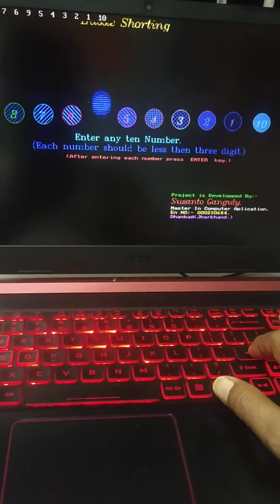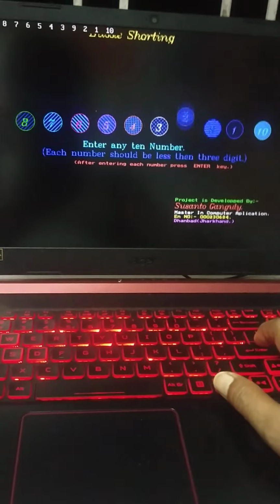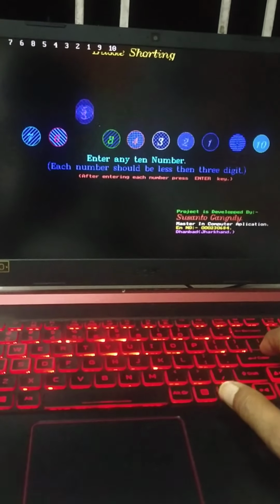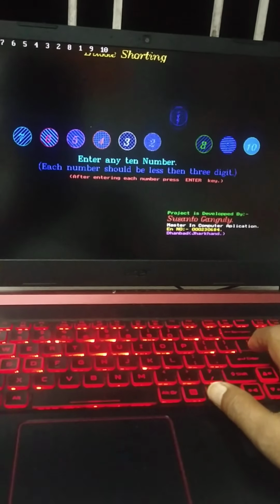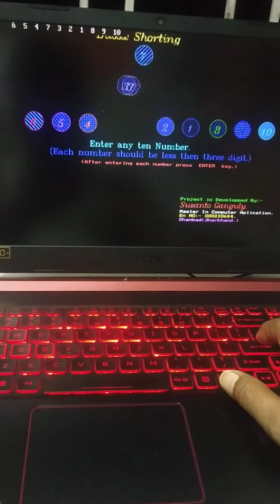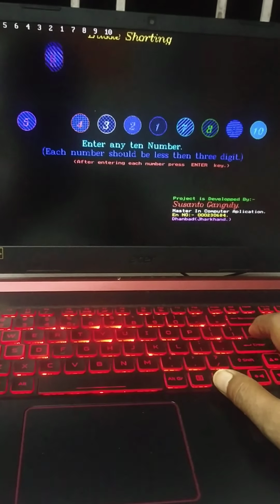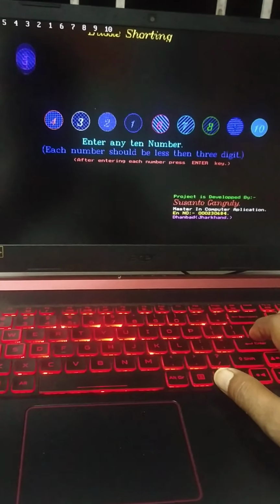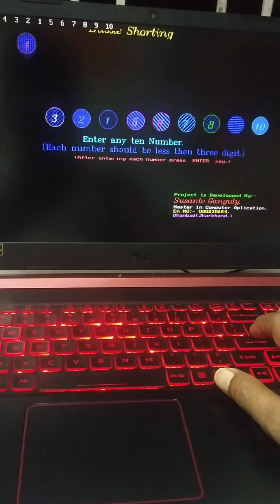So one by one, this is bubble sort, that means bubbling the numbers. It checks consecutive numbers, whether the first is greater than the second number or not. If it is greater, it will interchange their values, and slowly it will go to the last, and this way it will arrange all the numbers. I have given a pause, that's why I have to press enter continuously. The moment I remove this pause, I need not enter those numbers.